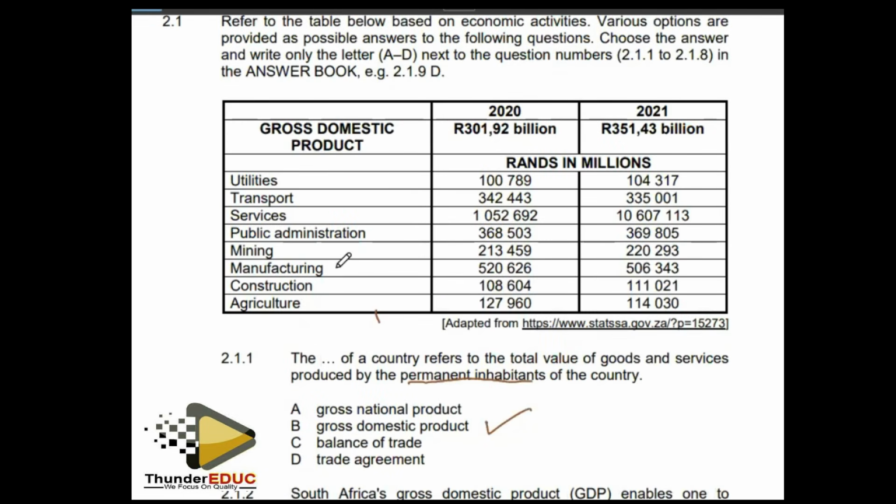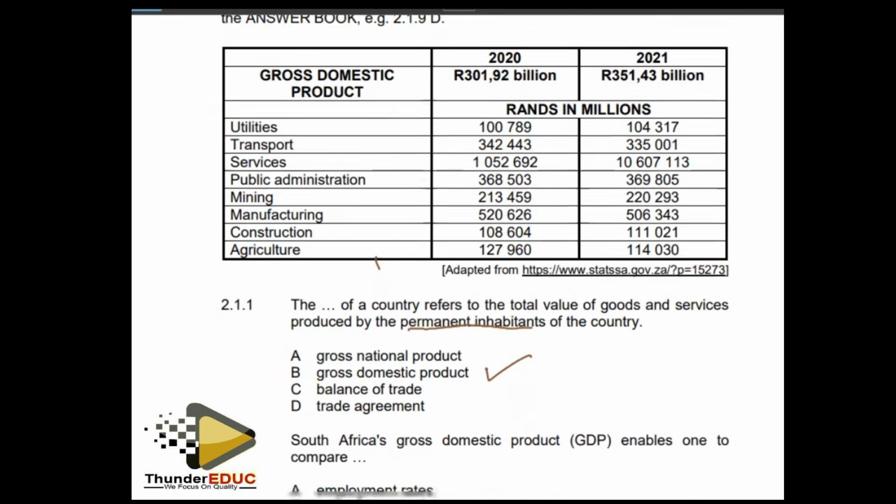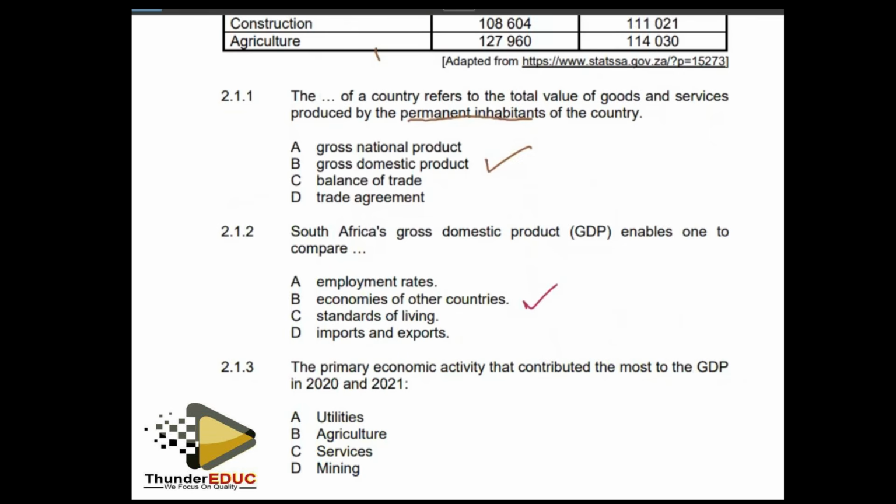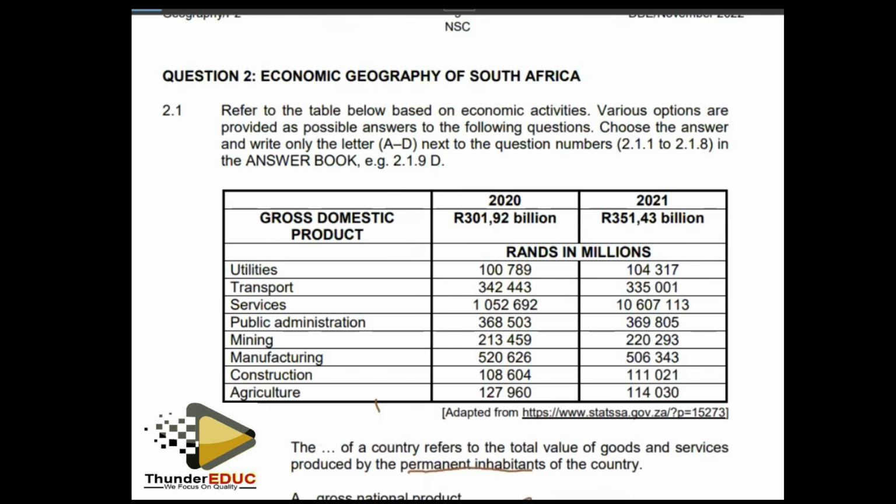Let me read the question again. The primary economic activity. The question is looking for primary. When you look at all these ones, this and this are out because they are non-primary. So what are we remaining with? We are remaining with this one and this one. Of the two, which one contributes most? We go back to the table. Agriculture is 127,960 million rands and 114,030 million rands. Look at mining, 213,459